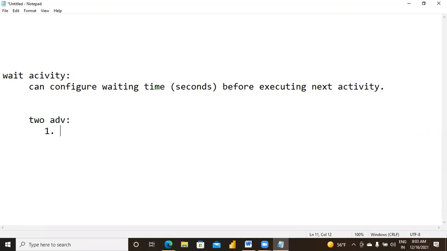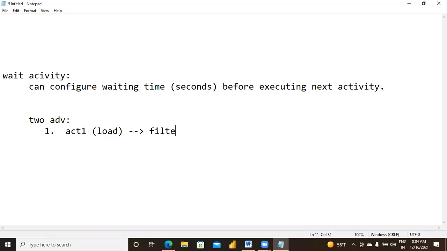When our commit is applied, some acknowledgement will be sent to the source application. Got it? Especially the activity got executed, but there might be some delay before getting that acknowledgement from the target databases. Okay. So that's why what we wanted to do is, before execution of, suppose activity number one is load activity.